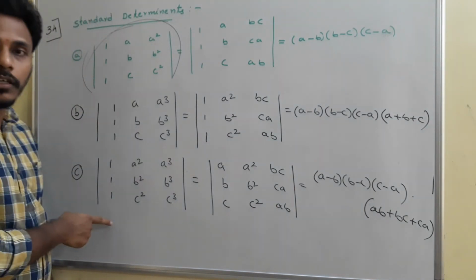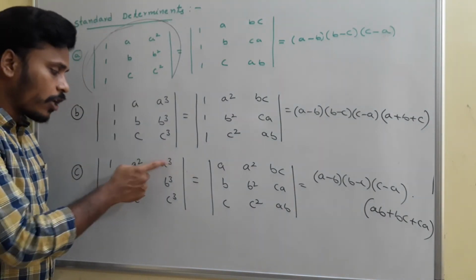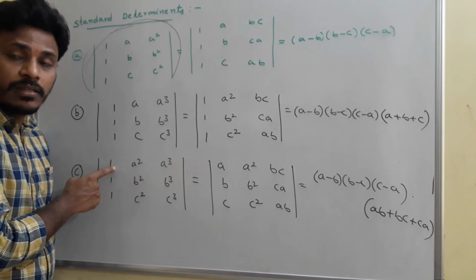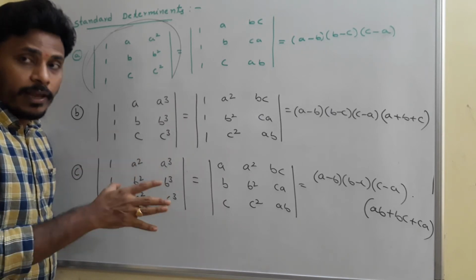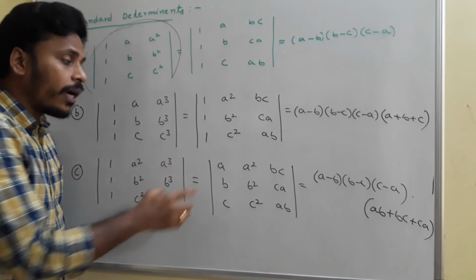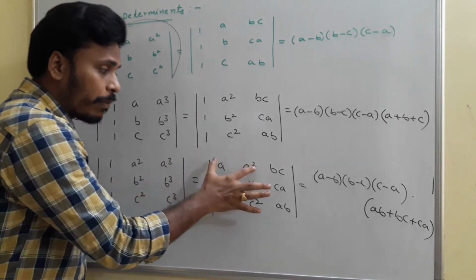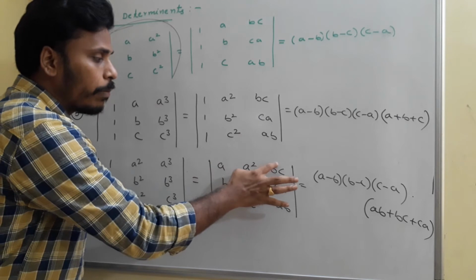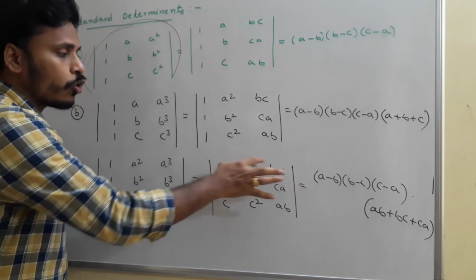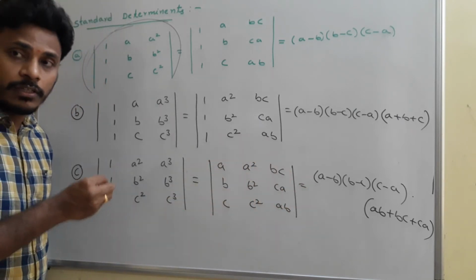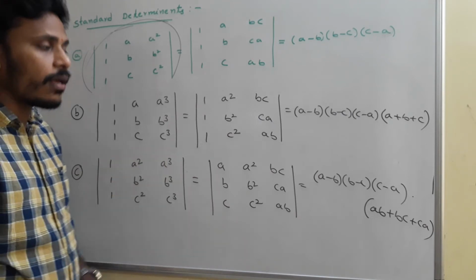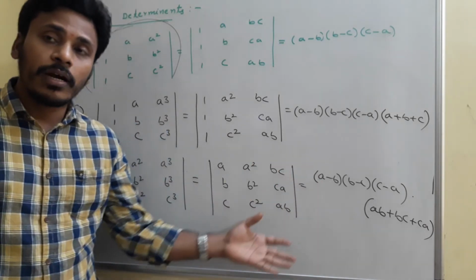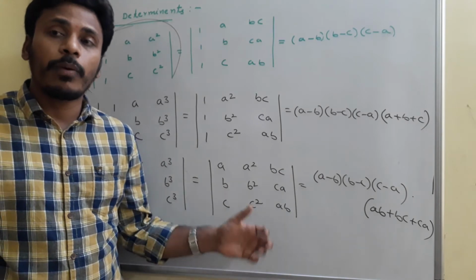Whereas if you look at the third one, C, here this is A cube, this is A square, and this is A power 0. So if you multiply this, you will get the power as 5, 3 plus 2, 5. Okay. And here again A power 1, A power 2, 3, and then B power 1, C power 1. So if you observe the powers, the sum of the powers is 5. Since the sum of the powers is 5 in the left side part, the right side part must also contain the power of the variable part as 5.